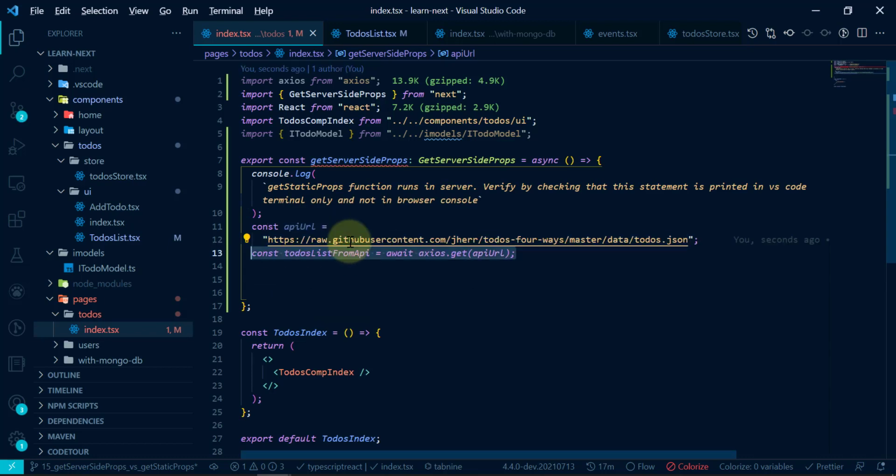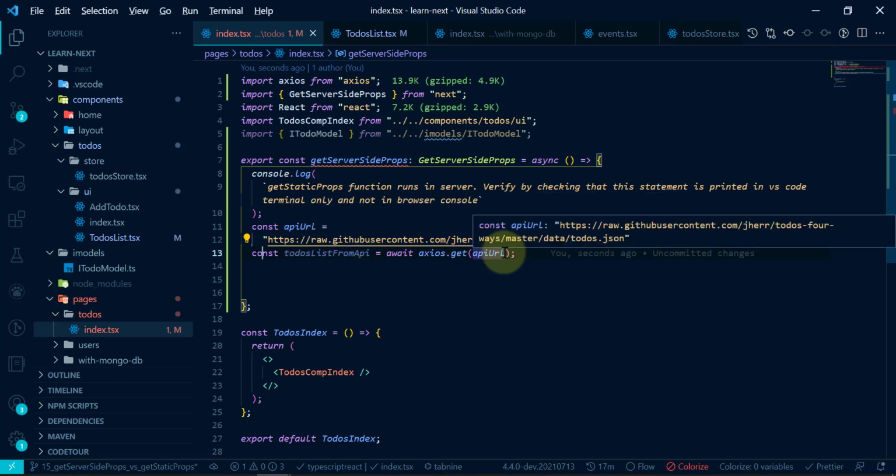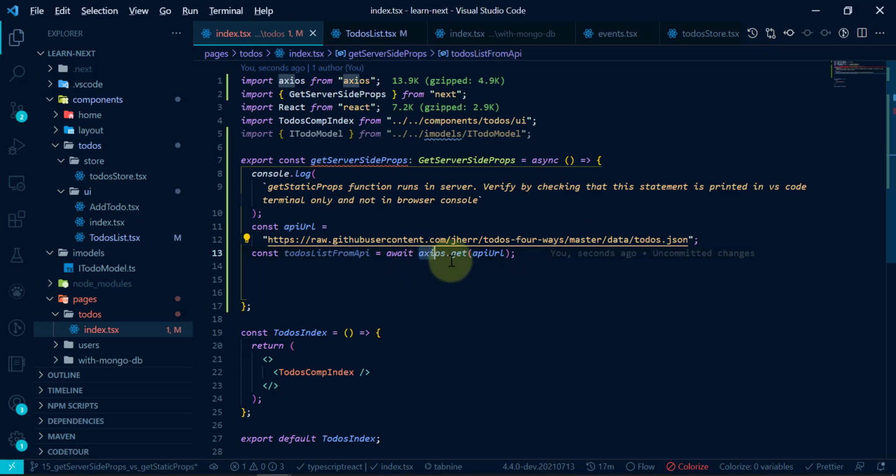And then whatever data we get from this API URL, what we have done is const todoListFromAPI equal to await axios.get(API_URL). Of course here you will also need to import axios, just like I have imported here. Don't forget that. I've used const only because whatever data we are getting from the API, we don't want to change it. So generally try to use const for every variable, and if it is required that the value of that variable be changed later on, you can change it back to let. But generally use const.